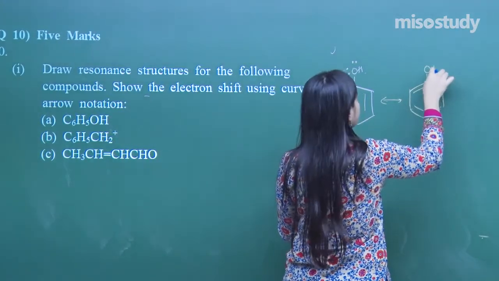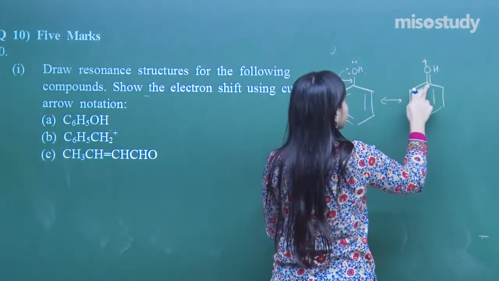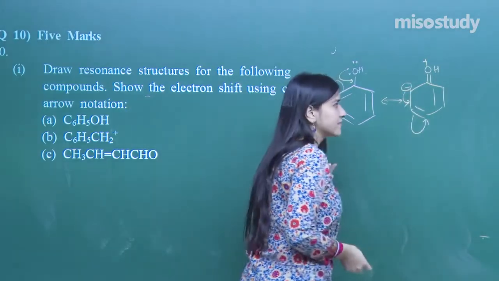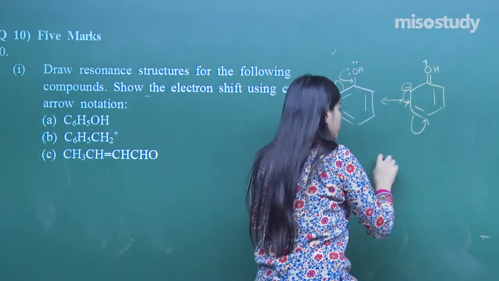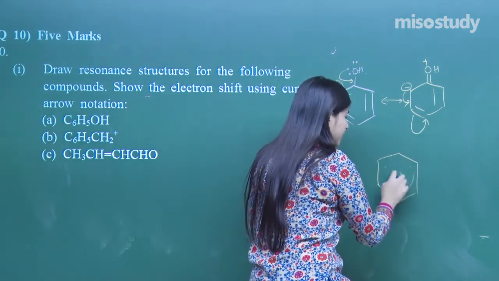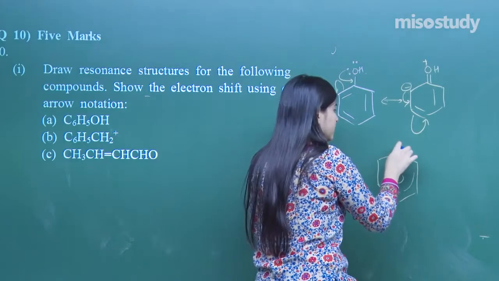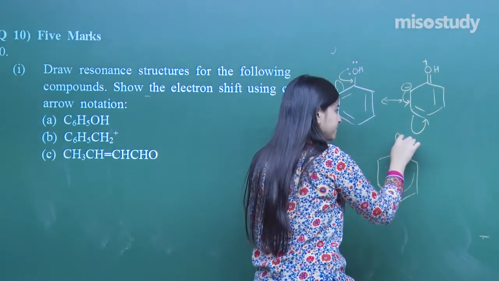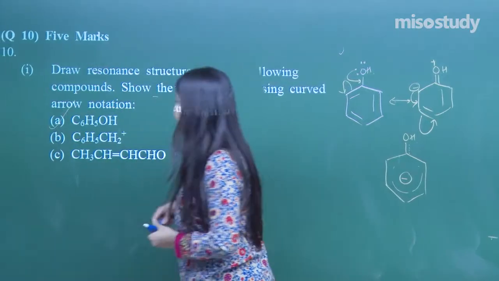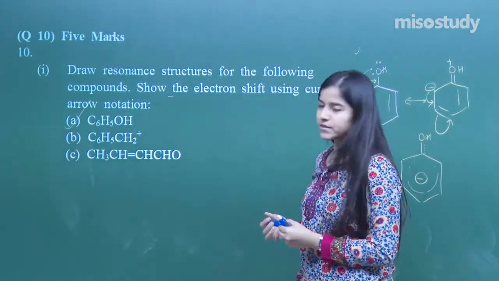There will be a double bond maintained here, positive here and negative here. Jump on the floor and then jump on the head, right? And so you have to make it. I am not going to make all the resonance structures. That is how the resonance structure will be maintained. Clear? First done.